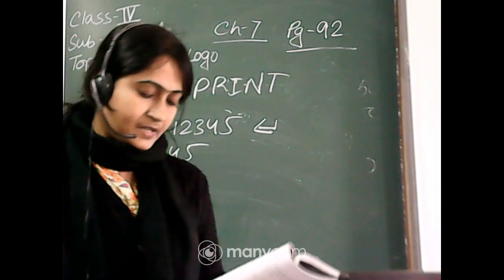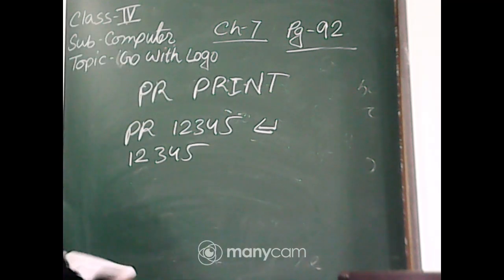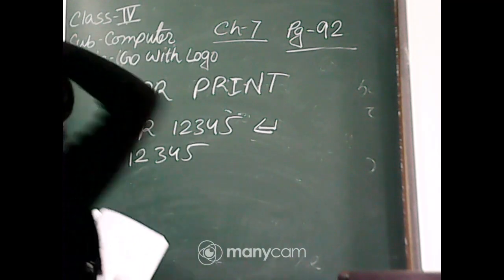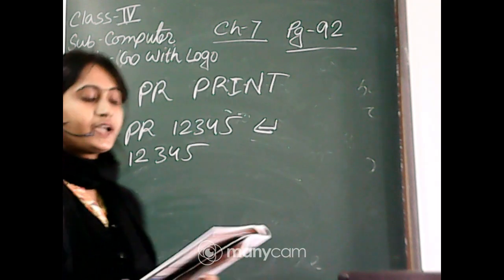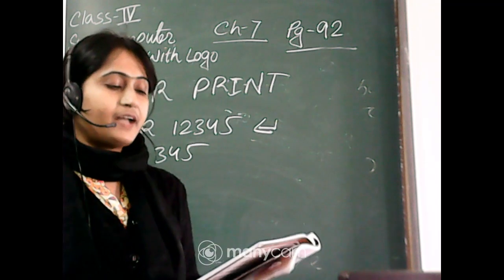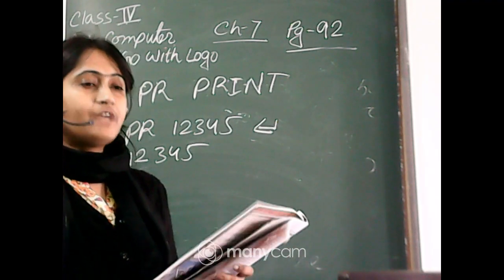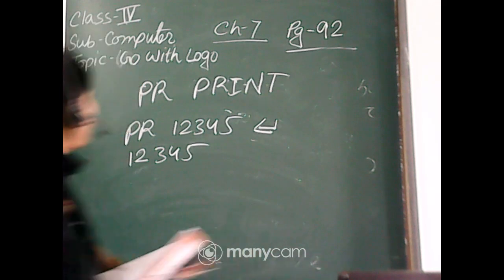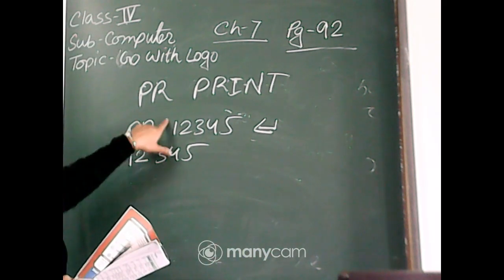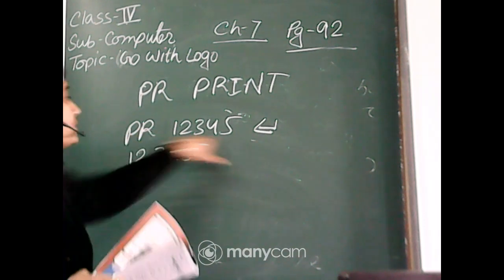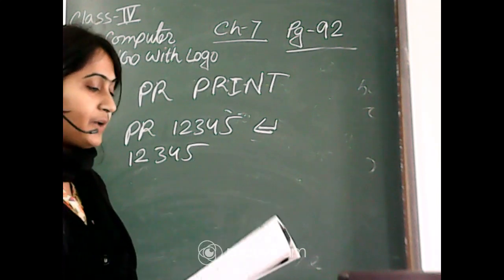Okay, and now if you want to print a character, to write a letter or a character, type the print command, then leave one space. Obviously, when you apply the command, after the command you have to give a space and then write which one you want to print. If you want to print a number, in this manner you can apply the command.